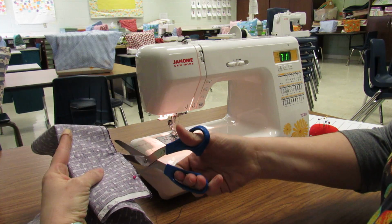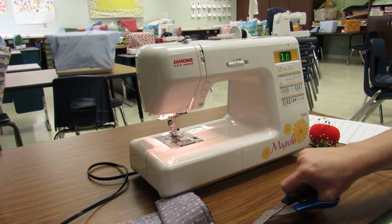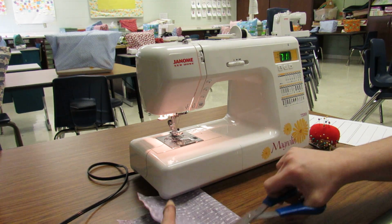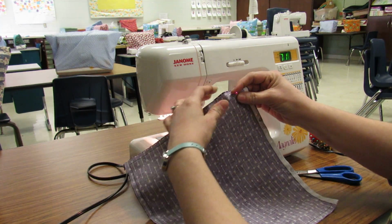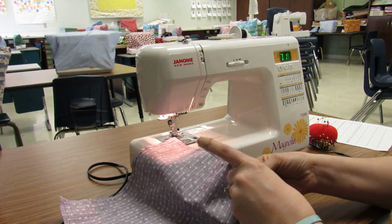Okay, make sure you leave a nice long tail. I'm going to trim the threads. I'm going to trim the threads everywhere now because they're all going to be inside the pillow and I don't want it to be bulky. So my threads are trimmed. I can take out my last pin